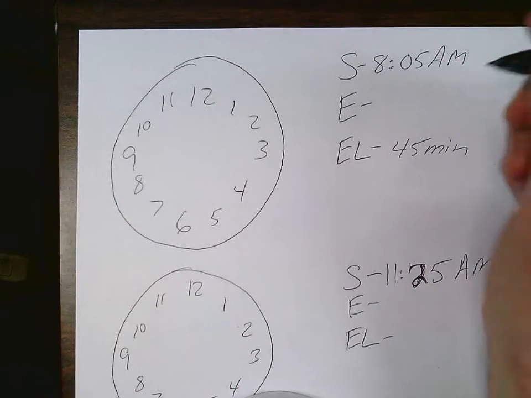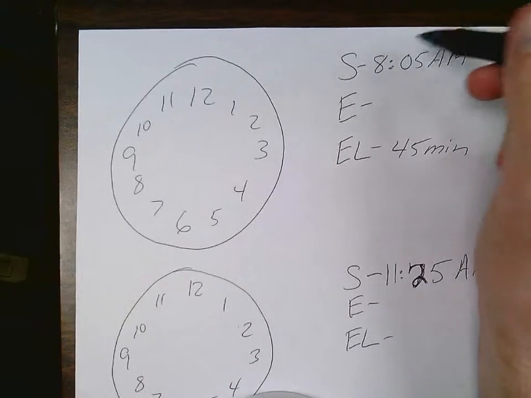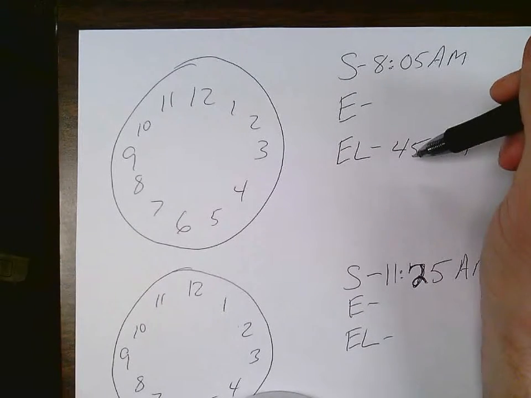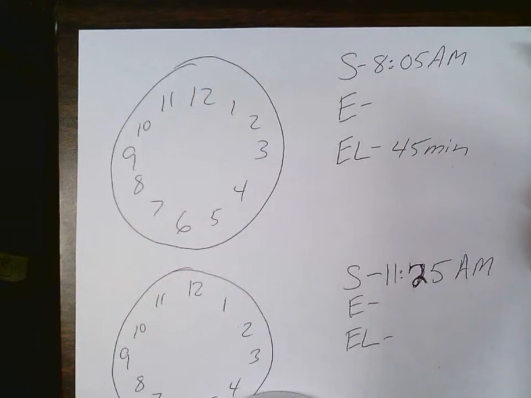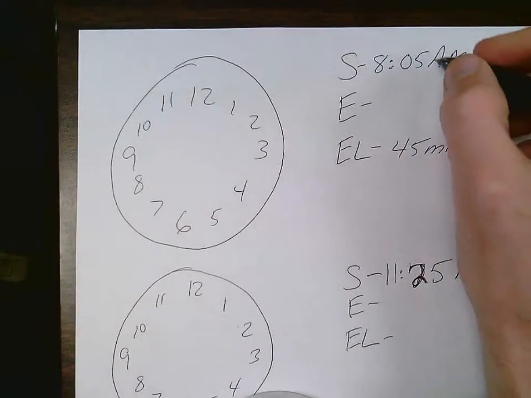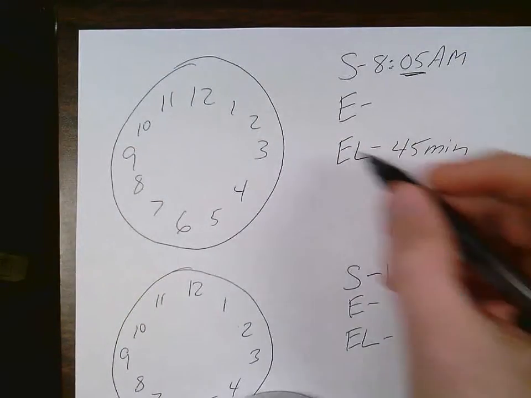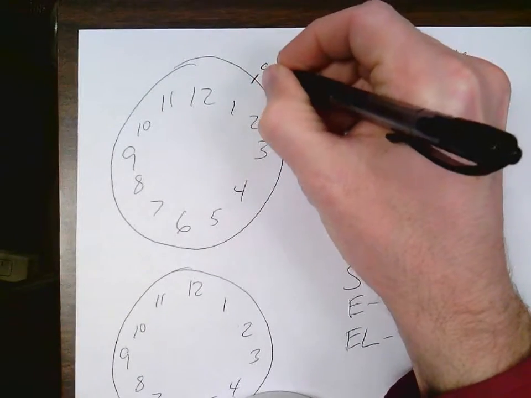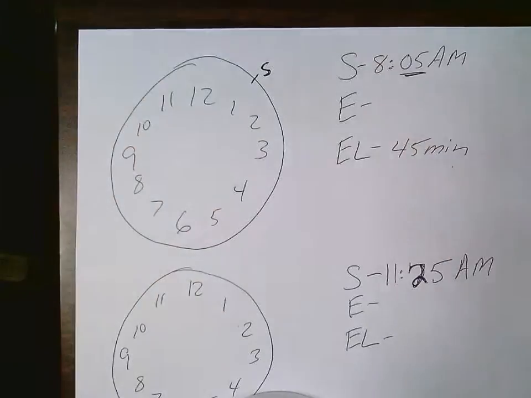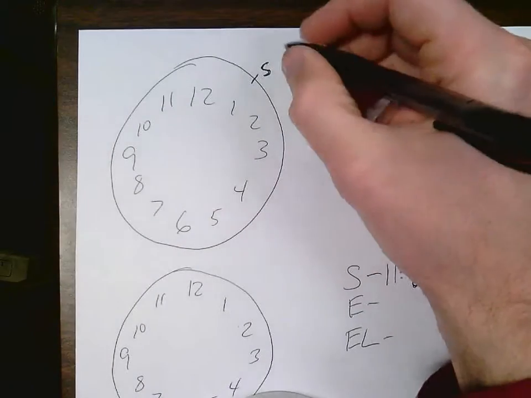Today we're going to talk about how to find the end time when the start time and the elapsed time is given. To do that, you basically just add the elapsed time onto the start time. So first we'll mark down our start time minutes on our clock. It's 05 is our start time minutes. I'll mark those down right there with the S. And I also want to label that time right there,